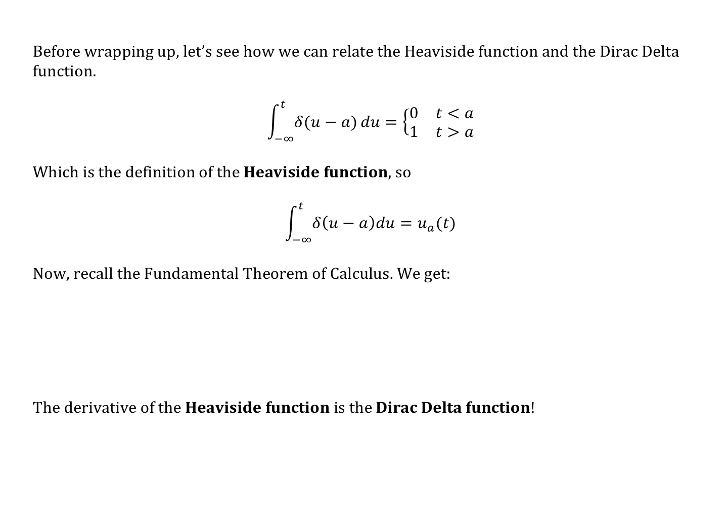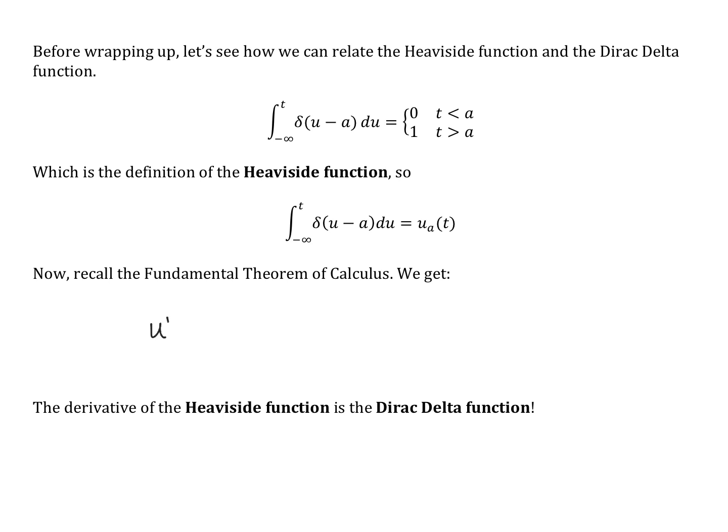Okay, that's the definition of the Heaviside function. So we can say that the integral from negative infinity to t of this Dirac delta function with respect to u is equivalent to the unit step function where the step is at a of t. And if we look at the fundamental theorem of calculus,